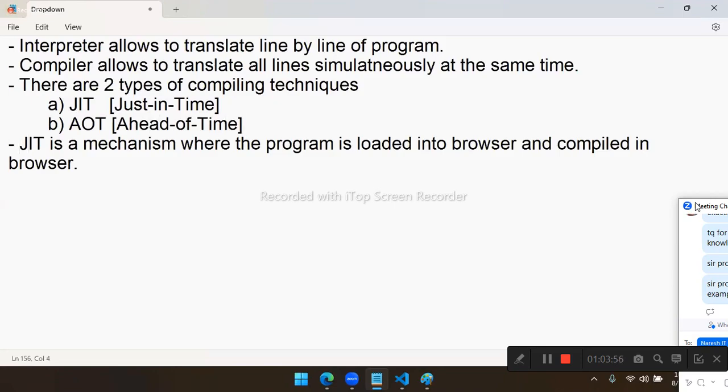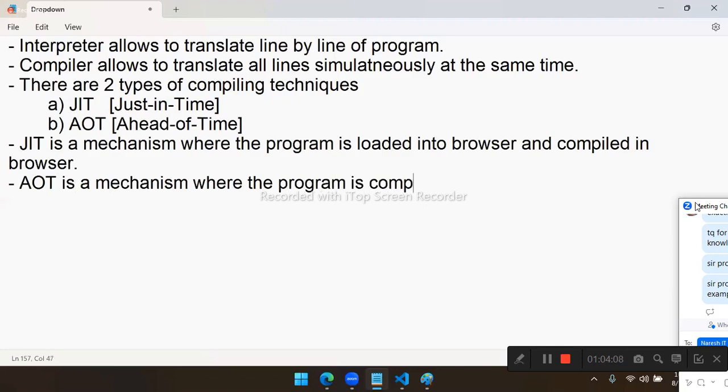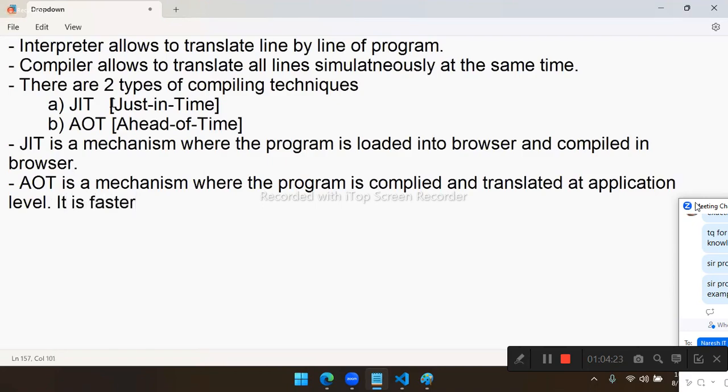So JIT. And AOT is a mechanism where the program is compiled. A program is compiled and translated at application level. At application level. So it is faster and improves performance of application. Latest, we are using this technique. That is the reason